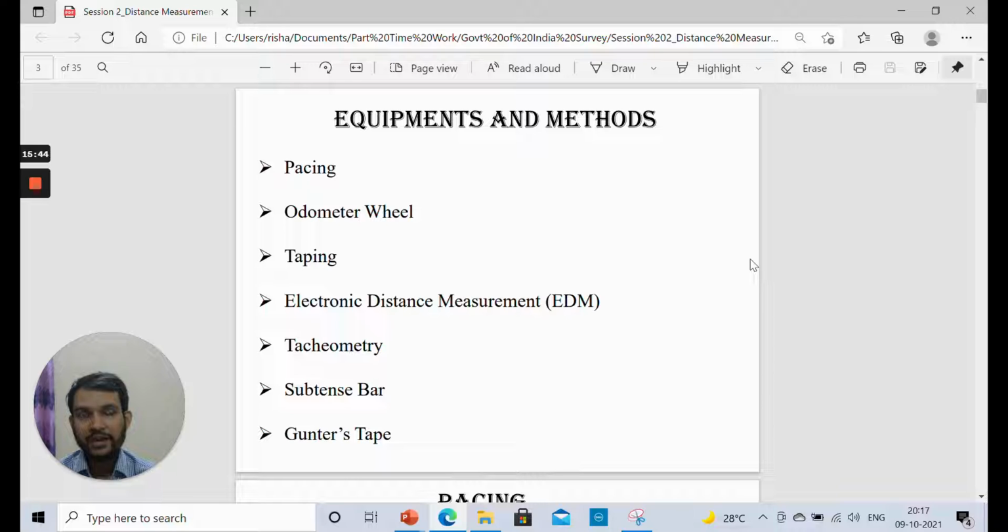So we get the horizontal distance, and through this, the distance that we generally get is of very high accuracy. When we go to electronic distance measurement devices, I will show you with the help of figures how these calculations are done. Next is the tachymetry.